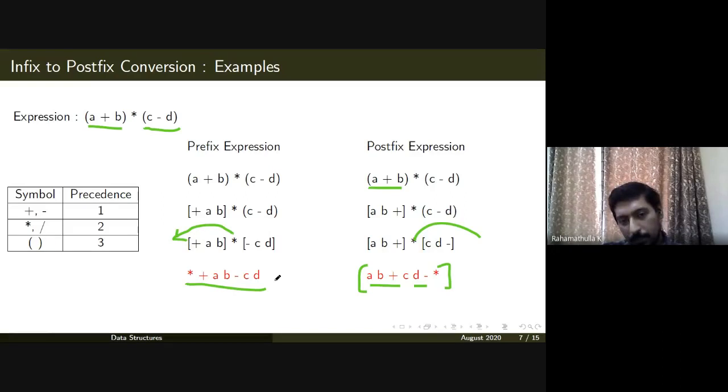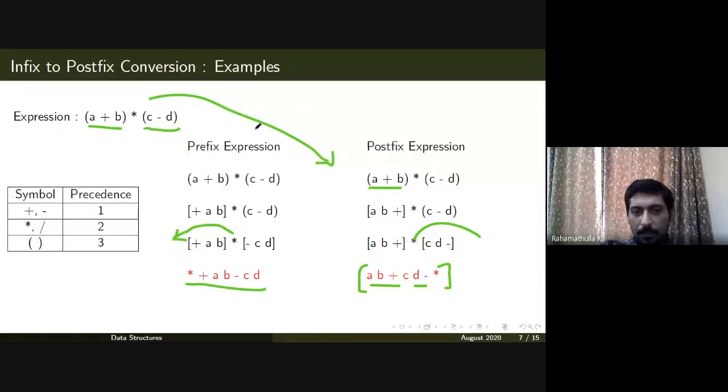By using a procedure, or a computer program, or just an algorithm, just like the postfix conversion we have seen, what you need to do is reverse this expression, because we need the star in the reverse position. So you reverse this expression, and it will be D minus C star B plus A. Then you do the same postfix procedure on D minus C star B plus A.